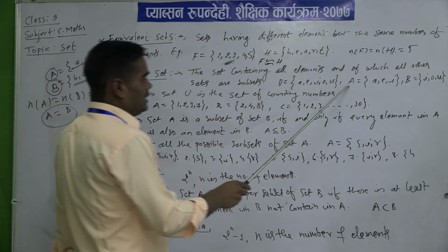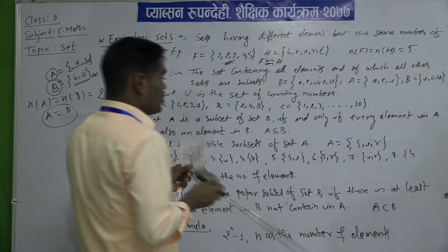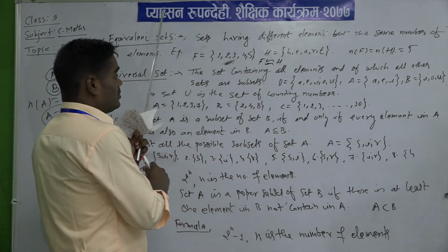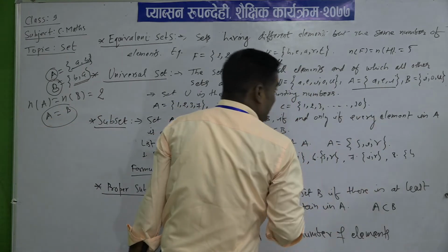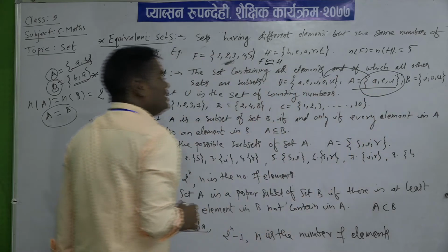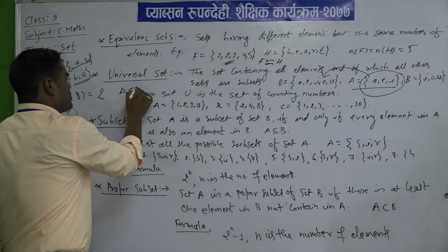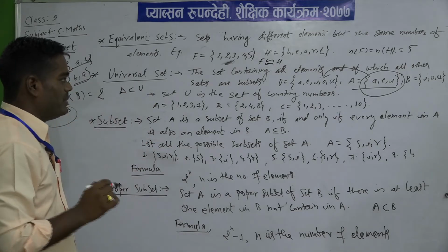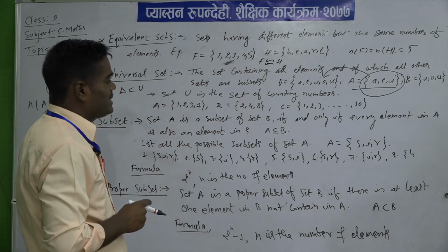And now see here, a subset, set A: I, E. So you are watching here that whatever elements are in set A are totally lying in set U, the universal set. So you can write A subset U. It means whatever elements are in A, all those elements belong to set U.